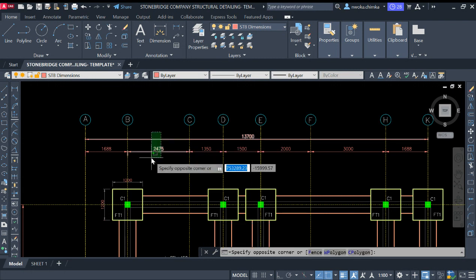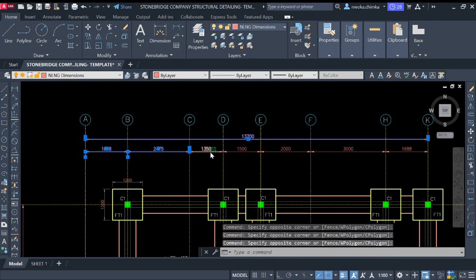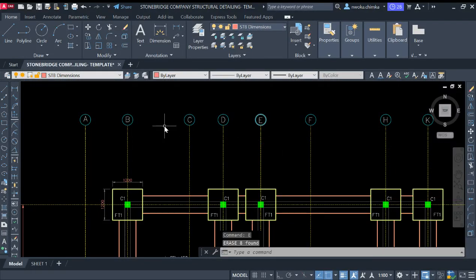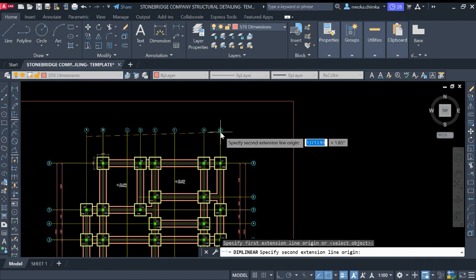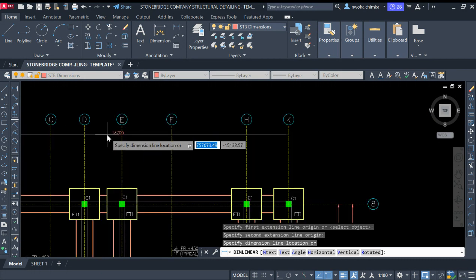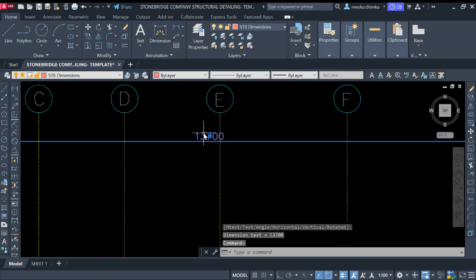Okay, let me just show you the dimension right now. So I'll just move all dimension right here for this place right now and show you how to dimension this grid right now. So I'll go here right now and activate STB dimension. Click on this place right now first. Click on this place to show the overall dimension first. So I'll show my overall dimension first like this now, and then click on this place right now, and then